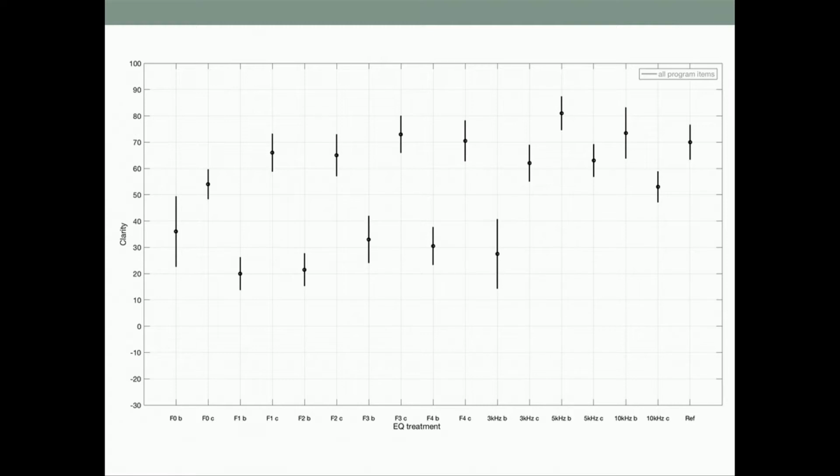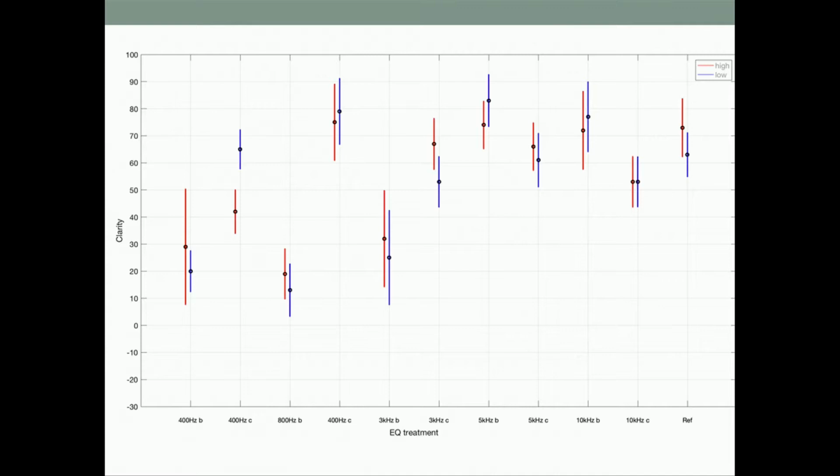Then what I did next was look at the different points I mentioned earlier separately. In this plot I'm comparing the high and low stimuli for the same frequency areas. Not all of them are on here because I boosted and cut different harmonics. Not all the frequency areas were the same for both, if that makes sense.